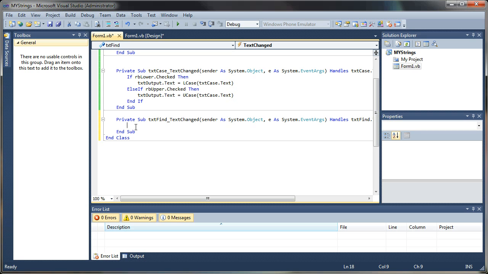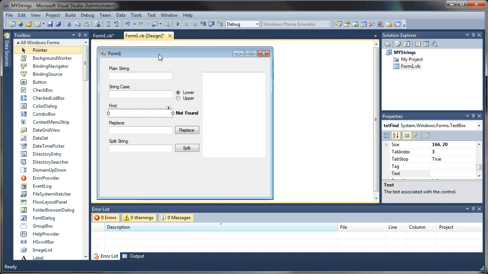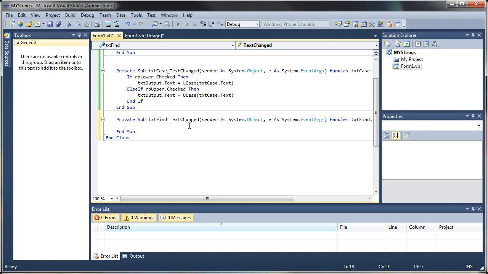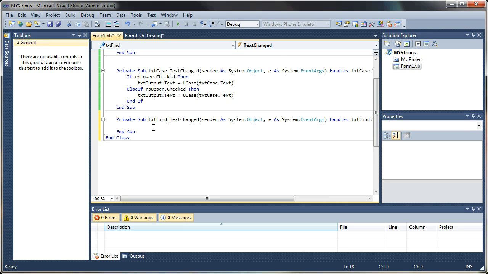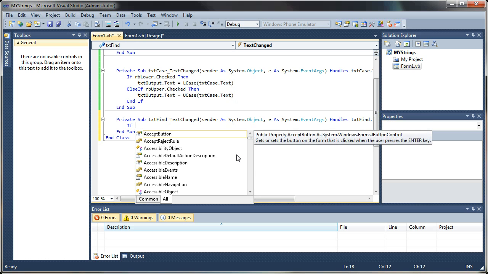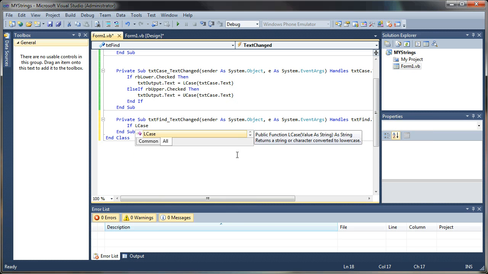So if we type in mixed case and try to compare to a string, say, we have mixed case over here, but we have all uppercase over here, they're not going to match. So what we want to do is kind of level the playing field, and you can actually have it both ways if you want. We could do another radio button set here to say, do I want an exact match by case, or does it not matter? For now, we're just going to say we want to match and we don't care about case. So what we'll do is we'll say if LCase, converting our output text to lowercase,